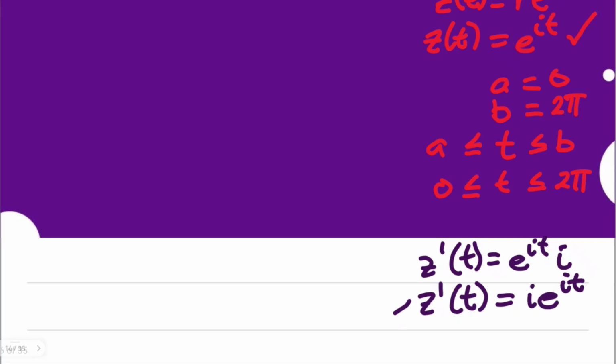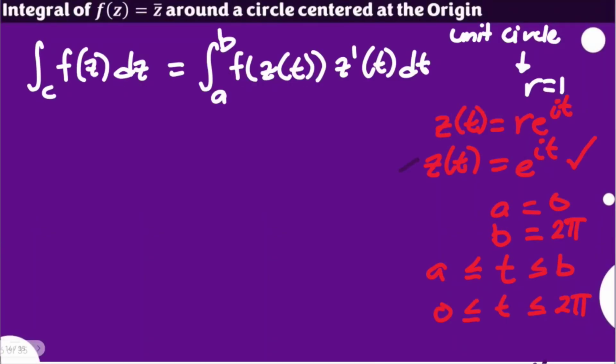So we have this now, and we have this given function. However, take note, if we're going to plug that in here, we will not be using e to the power of it. That is because our function is defined differently. And that's the reason why I added that here. Our function is defined as the conjugate of our z. So it should not be e to the power of it. It would be something else. How do we add this into discussion? Now think of this one here.